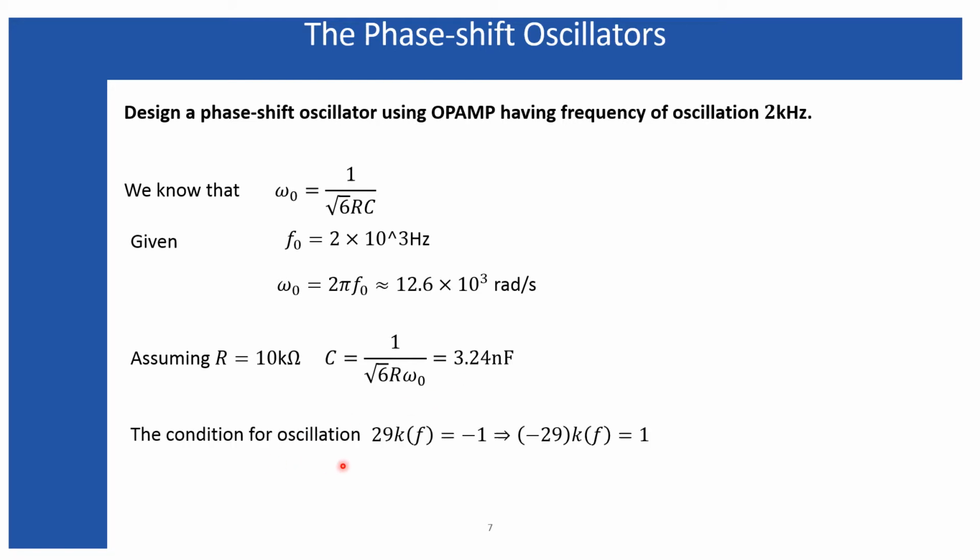And the condition of oscillation we know, that is Aβ is equal to minus 1, and if I multiply this minus 1 on both sides, I have minus Aβ is equal to 1. Why did I do this? Because at the beginning of this lecture I told that in designing the phase shift oscillator or any kind of oscillator, we generally prefer that the base amplifier should have the gain such that the output of the base amplifier differs from the input by 180-degree phase.